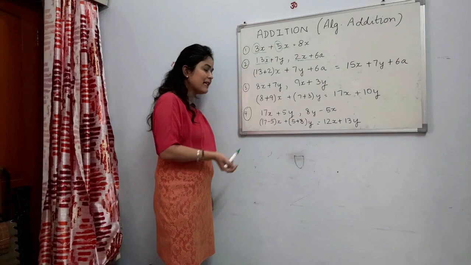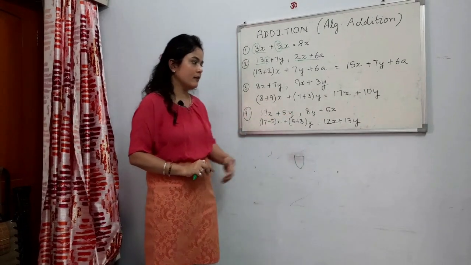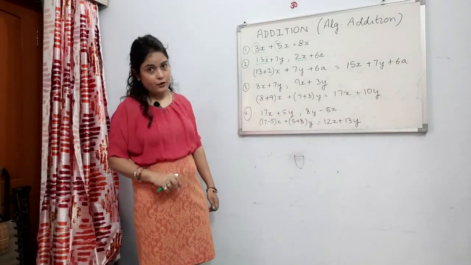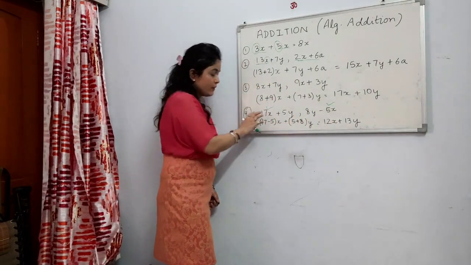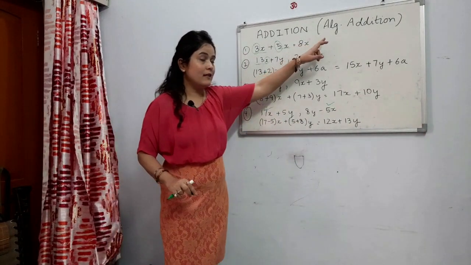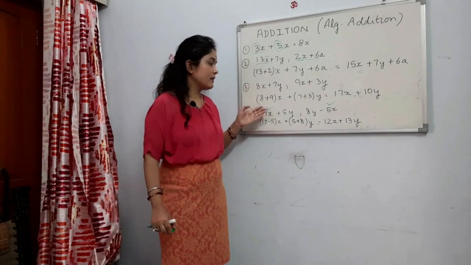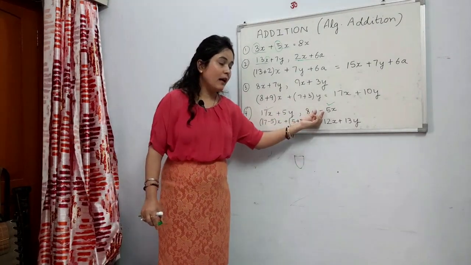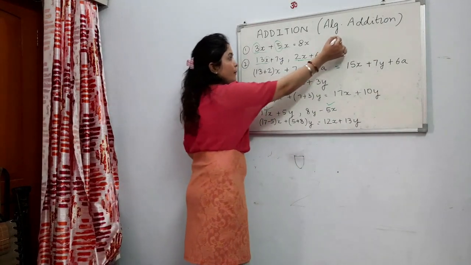Last example for this session is 17x plus 5y has to be added to a binomial 8y minus 5x. So what are we going to do? We're going to recognize the like terms. Are these like terms? Yes. So 17 minus 5. Now you should ask the question that this is an exercise on addition. How can we subtract? Because when we have to add 17 to 5, we realize that this minus sign is already present, and whenever we have to choose between a plus and